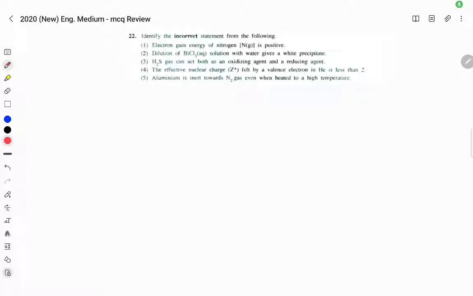Question number 22. Identify the incorrect statement from the following. First statement, electron gain energy of nitrogen is positive. That is true. You should remember the electron gain energy is endothermic for, let's say,